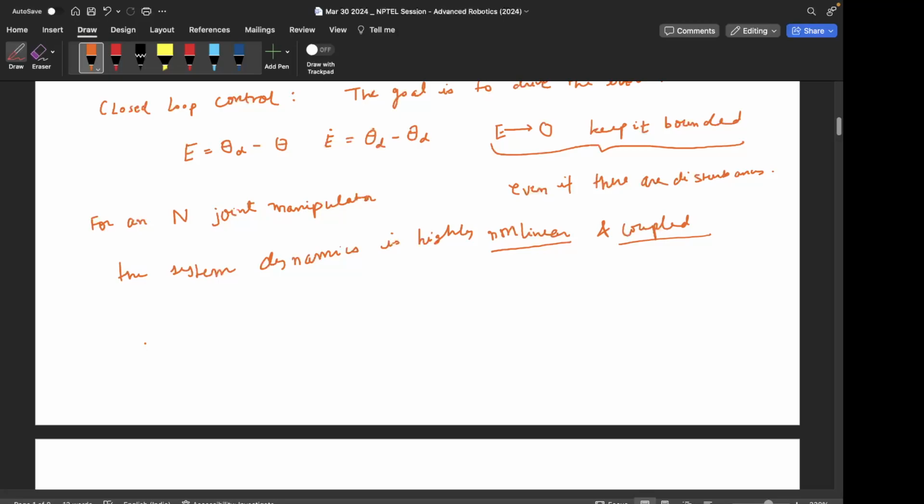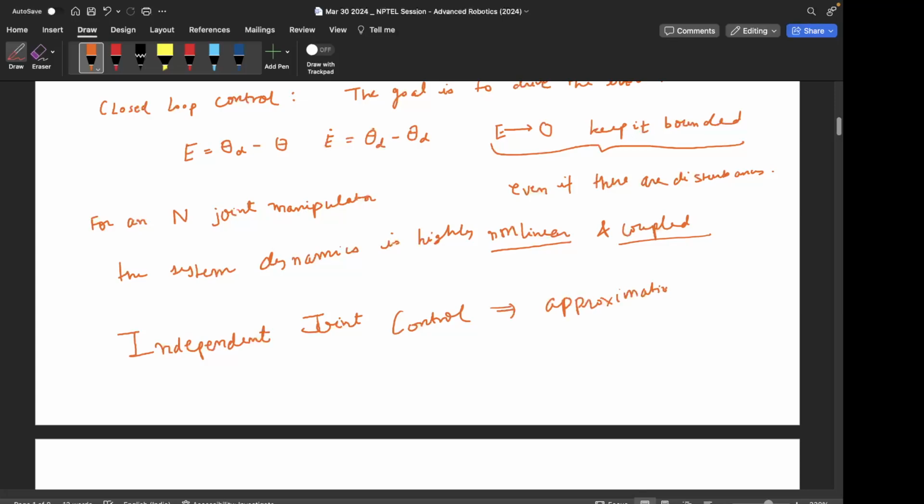So we approximately use a strategy which is called independent joint control, right? So remember that this is an approximation,